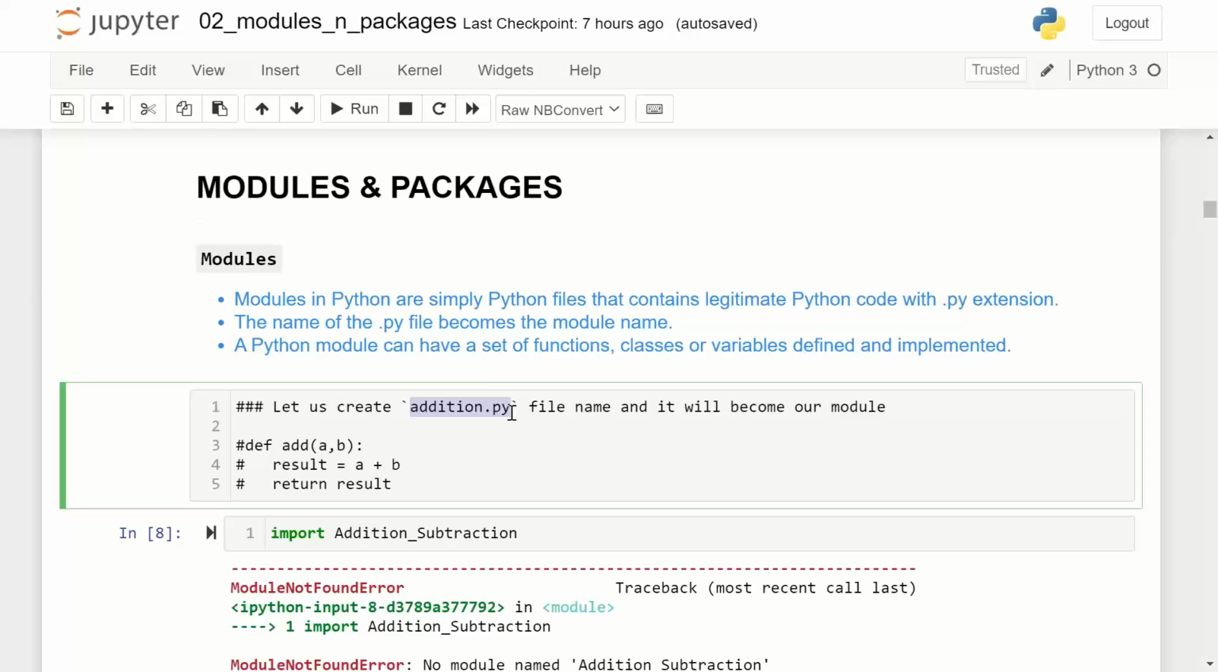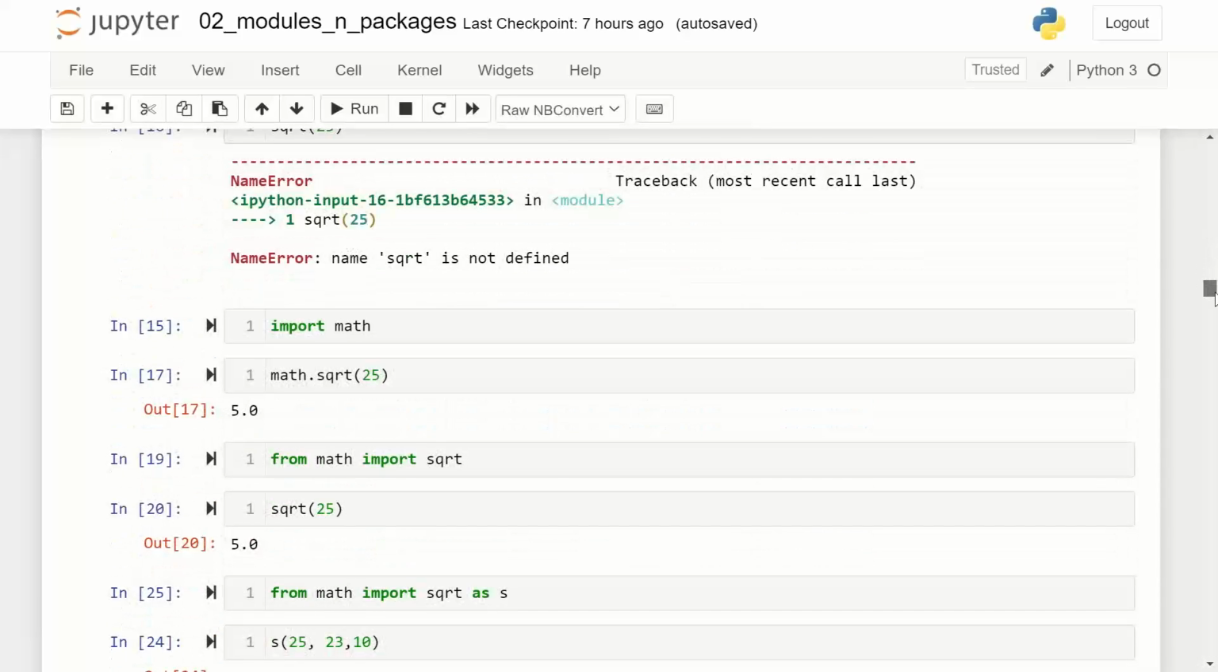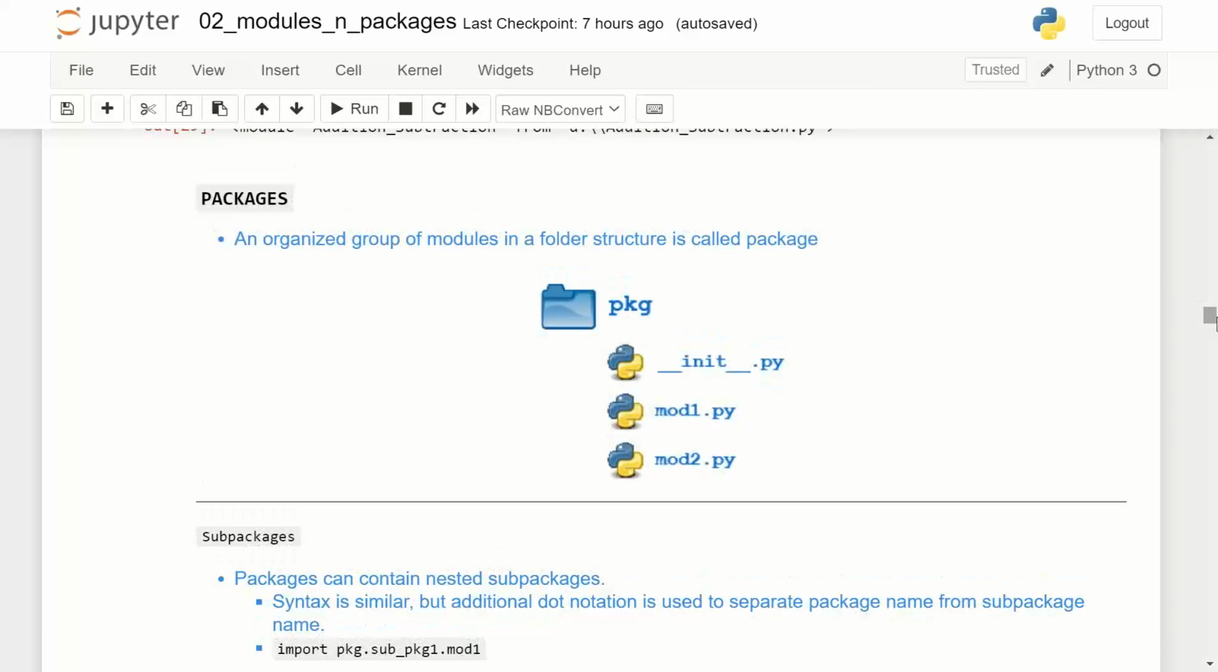And if you organize these Python files in a structured way, you get something called a package. An organized group of modules in a folder structure is called a package. To understand the concept of this package,